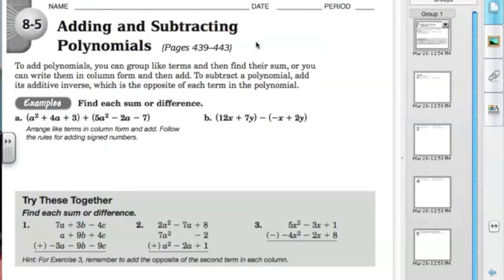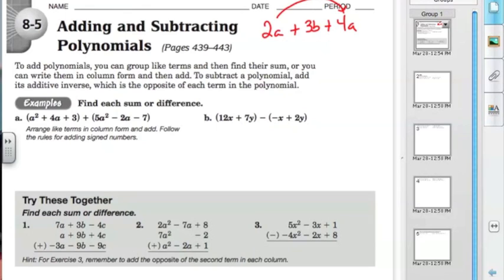Chapter 8, Lesson 5, we're going to add and subtract polynomials. Basically, this returns back to the fundamentals of algebra. You need to make sure that you can only add and subtract terms that are alike. So, if you have something simple like 2a plus 3b plus 4a, you need to remember that you can add